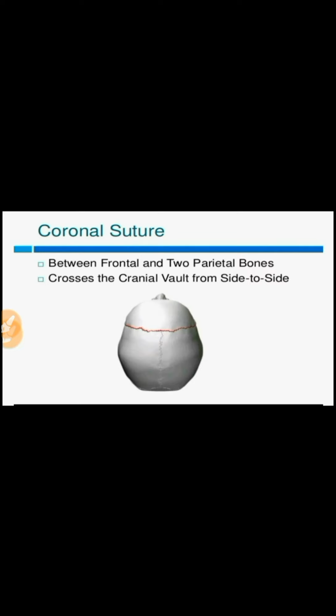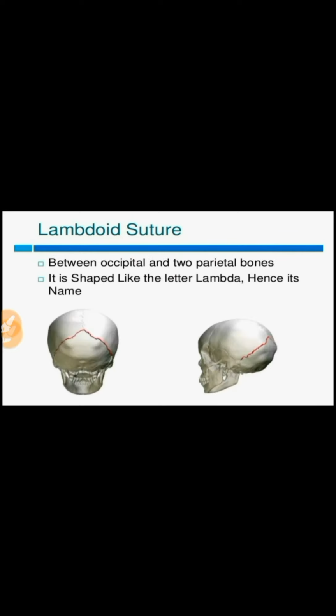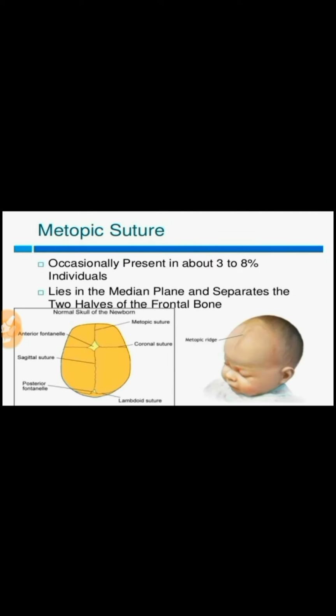Corona means ring. The virus we are seeing nowadays, corona, has a ring-like structure. So corona means crown, as if you are holding a crown. That is the coronal suture. And the sagittal suture, the name itself suggests that it is in the sagittal or median plane between the 2 parietal bones. The lambdoid suture is shaped like a lambda, between the occipital bone and the pair of parietal bones. So these 3 sutures are there in all skulls in norma verticalis view: coronal, sagittal and lambdoid.